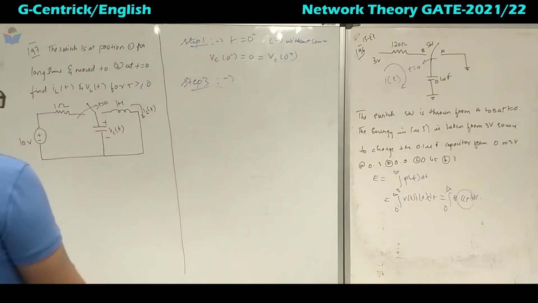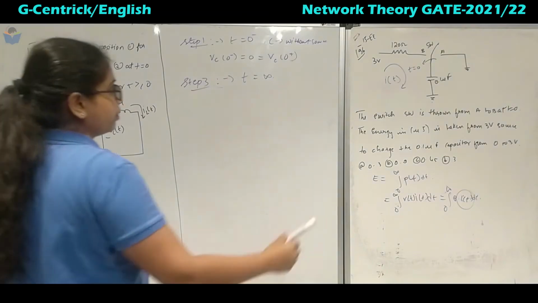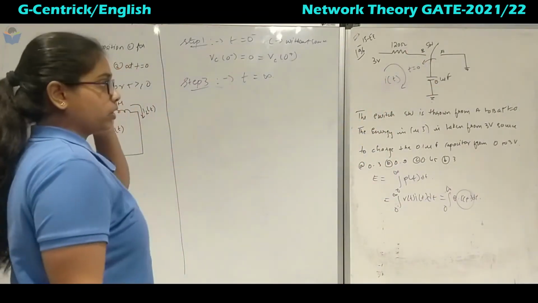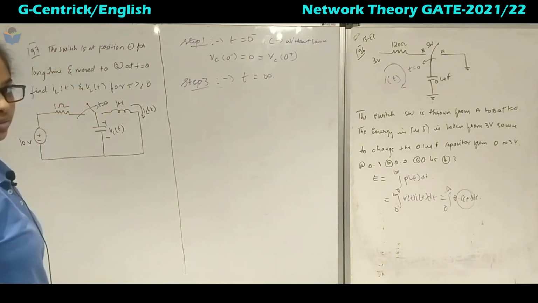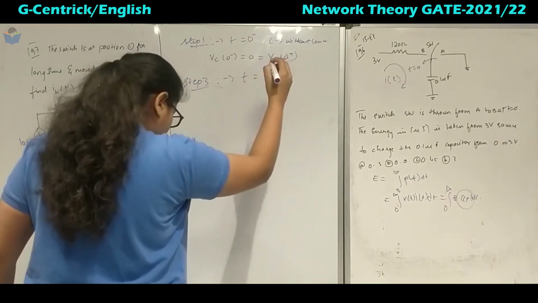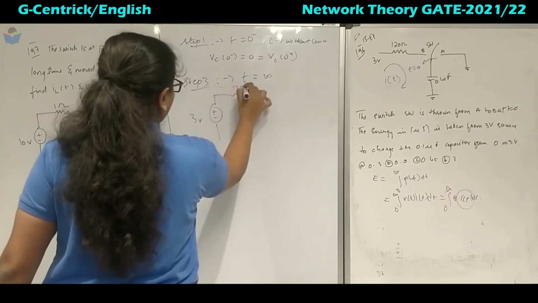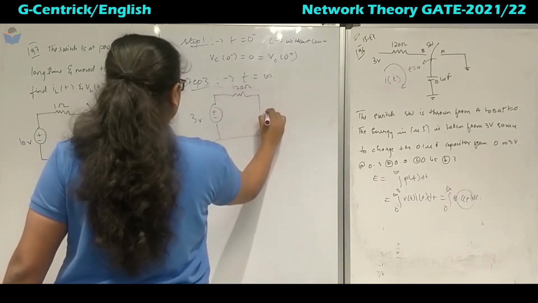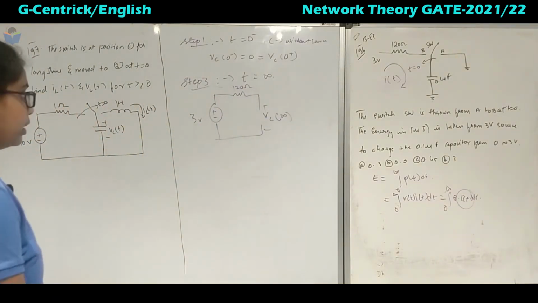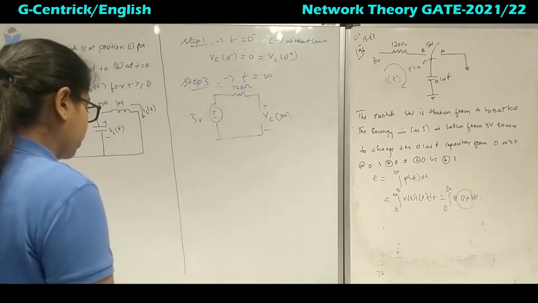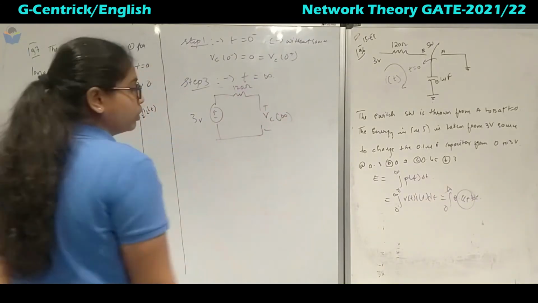In step 3 we have to analyze for t equal to infinite. At t equal to infinite, the switch is over this side. When the switch is over that side, how is the circuit? The capacitor is with source. So I can redraw this as 3 volt and this is 120 ohm and this will be open circuit. You can easily apply the current. First find out the current, then we can apply Vc of infinite. This is how we have to calculate Vc of infinite.